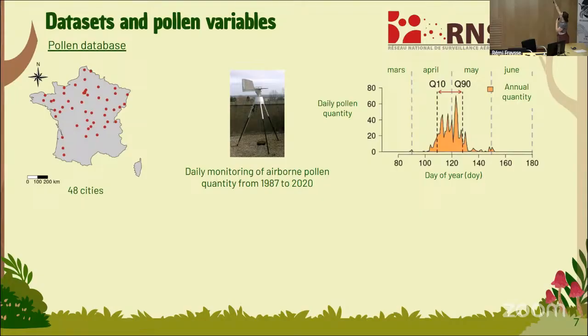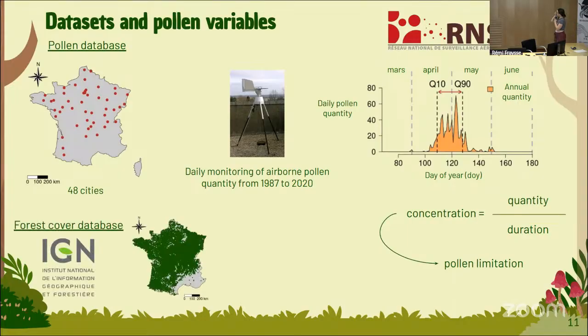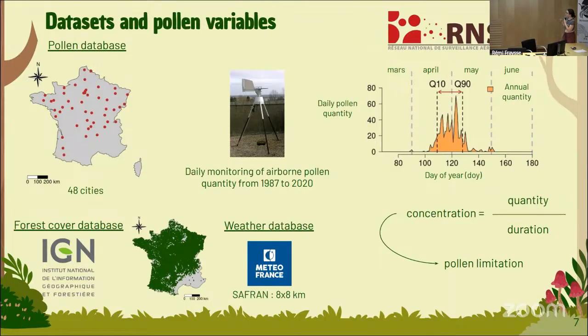So this is an example of what it looks like for one year for one city. On this pollen distribution, I computed pollen phenology, which was the beginning of the pollenic wave. And I also computed pollen concentration, which I took as a proxy of pollen limitation. I also had access to a forest cover database and a weather database, but I'm not going into much